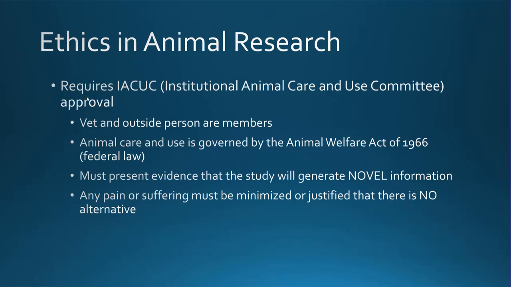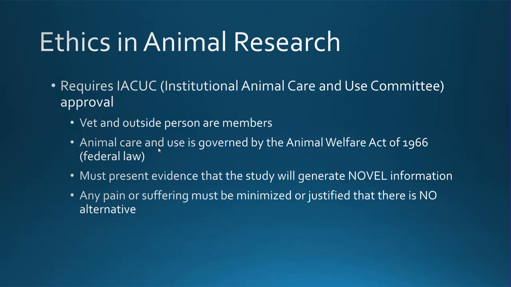So if you're going to do animal research, that requires IACUC approval. So IACUC stands for Institutional Animal Care and Use Committee. And so they review your proposal and approve it or tell you to make some changes to that. A couple key things here is that the membership includes a veterinarian and an outside person, somebody with no known ties to the institution. And these people exist on this committee because if there were some research that were happening that were unethical, they would be free to blow the whistle and essentially turn over the scientist who was conducting unethical research, right? So that's what that is.